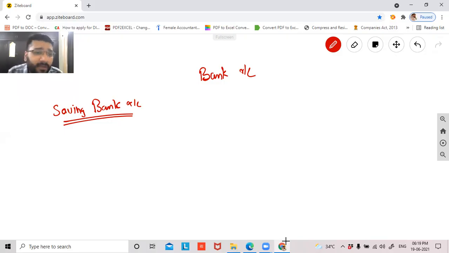Guys, whatever money they get as salary, if they don't want everything to be spent, because people in those days used to get salary in cash. It is only recently, in the last 10 years, that people have been very aggressive about getting all the salaries in a bank account. 10 years before, only a few people got their salary in a bank account. Most of them used to get the salary only in cash. So people had a fear that whatever money I'm getting as salary, I'll spend everything. I don't have anywhere to hide it. Even if I hide it in some tiffin box inside my house, I spend the money consciously or unconsciously.